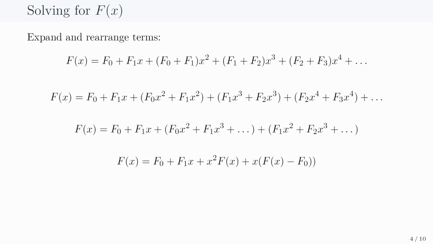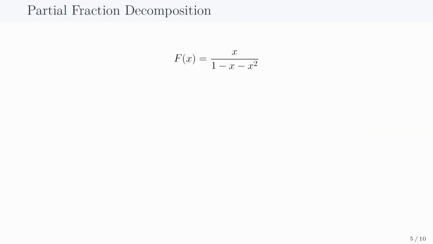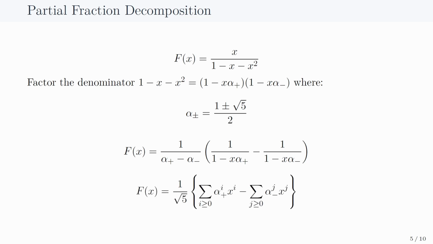And after plugging in for f sub 0 equals 0 and f sub 1 equals 1, we get our expression for capital F of x. We can now factorize the binomial 1 minus x minus x squared into 1 minus x alpha plus times 1 minus x alpha minus, where alpha sub plus or minus equals 1 plus or minus the square root of 5 over 2. Later, we do some partial fractions, and then finally, we can write 1 over 1 minus x as the